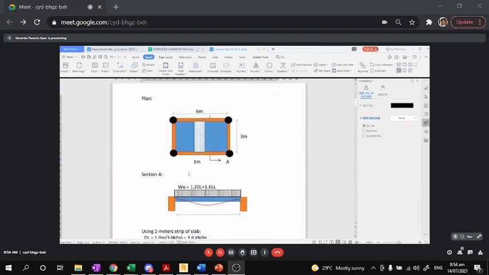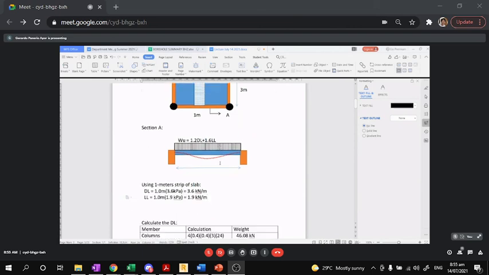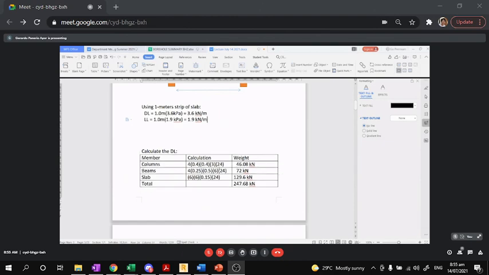So that means the reinforcement that you design here, you are going to repeat that to the adjacent strips further. You consider a 1 meter strip so that you can have your shear and moment for this particular strip, and whatever reinforcing bars you come up with will be adapted to the immediate sides. So per meter again, no? So that's the idea. So when you calculate for Wu,